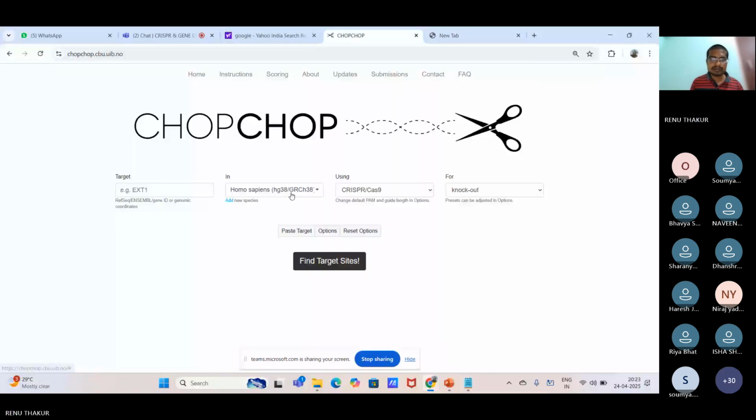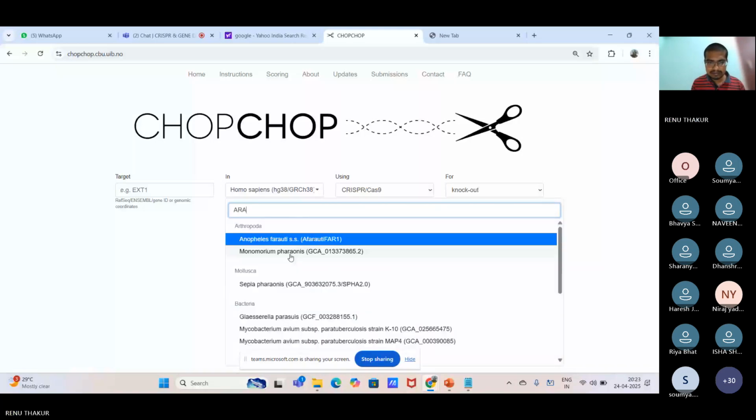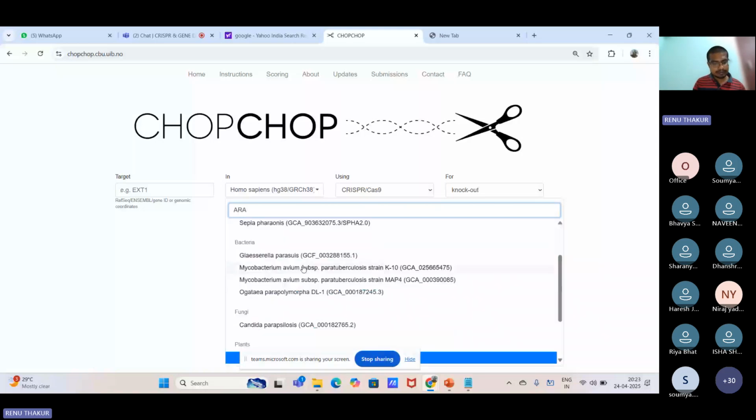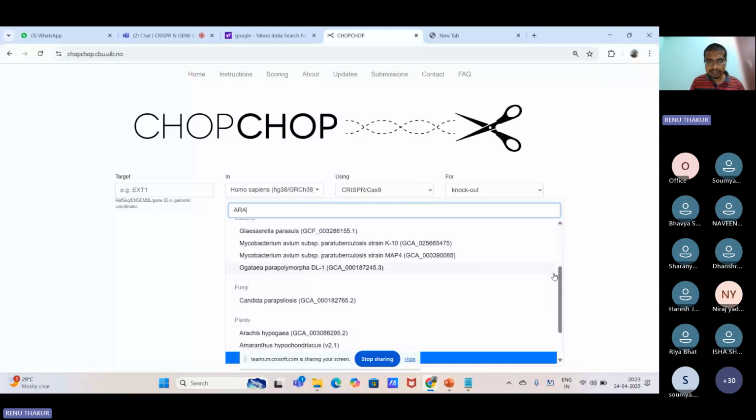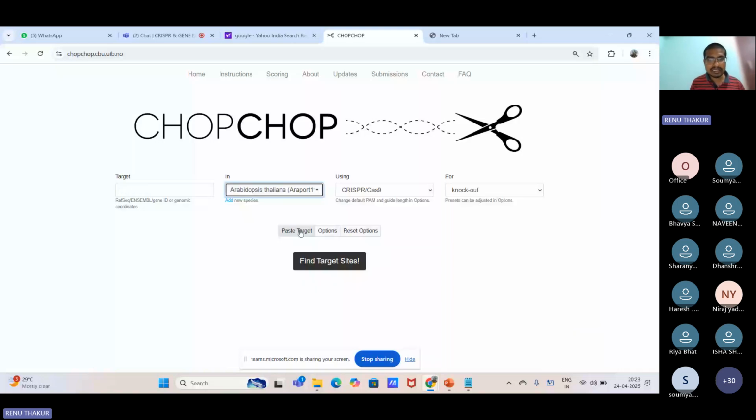In ChopChop, we need to select the species. This is the sequence from Arabidopsis thaliana. All the plants, animals, microbes, bacteria, all the databases are linked together in ChopChop. We can directly check with that also. I have selected Arabidopsis thaliana, and already I have copied the sequence. I need to paste